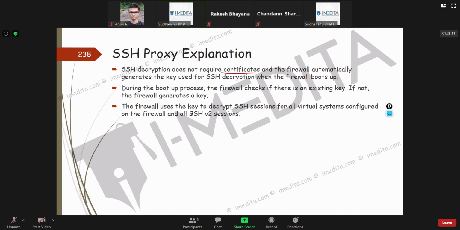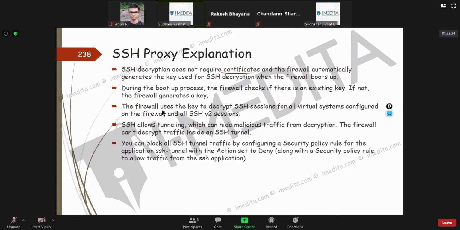Like I told you, SSH can hide malicious traffic. So it's important to have an SSH proxy.